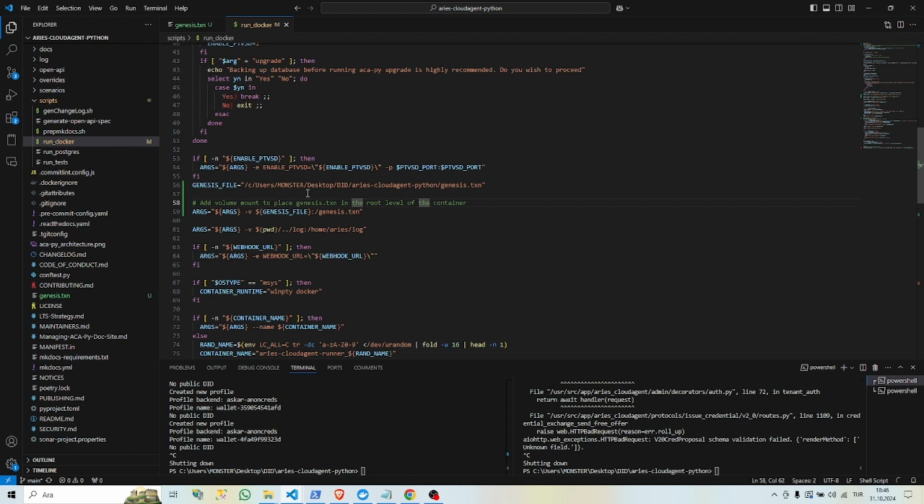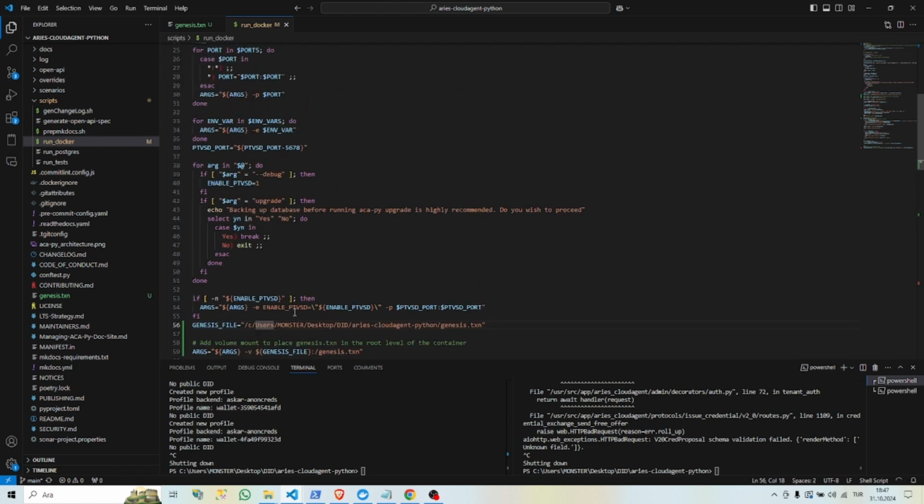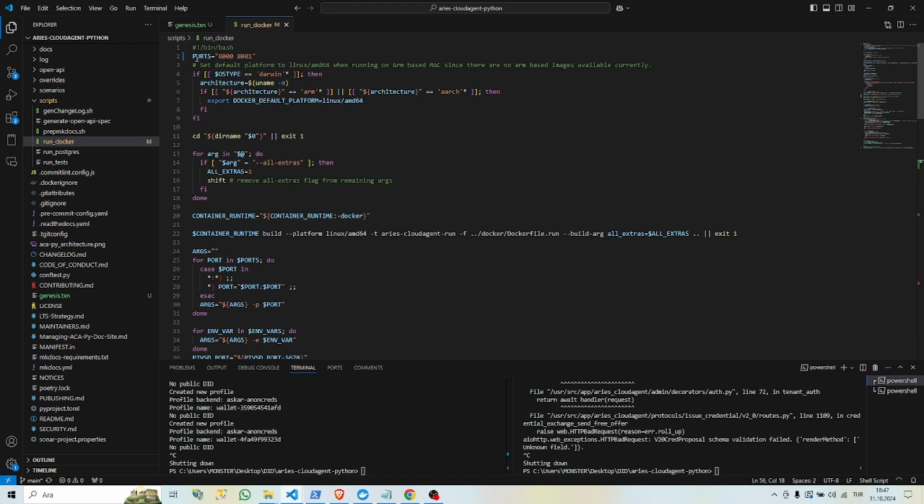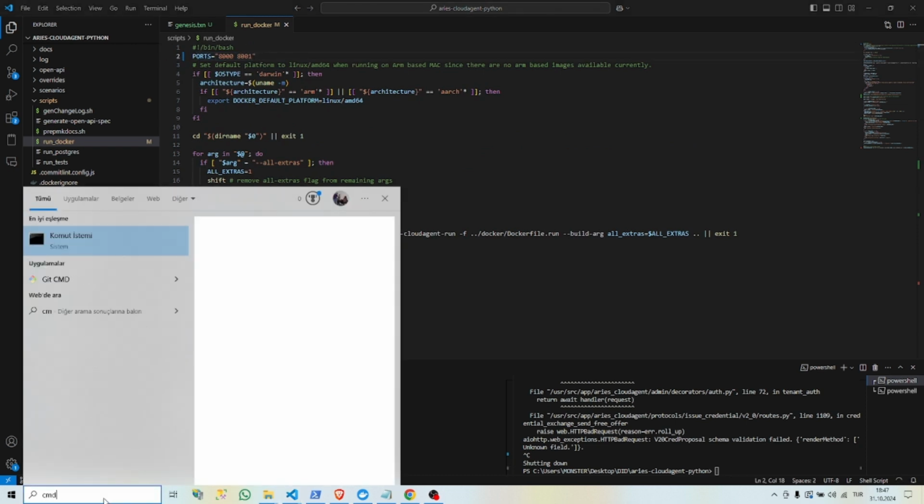Like this is where my Genesis file is. So wherever your Genesis file is, you just put the path to it. I don't know why it's /c, but it works, so it probably accepts just something like this because it's weird. And the ports, as I said, you need to set them. So first of all, where do you get the Genesis? So I'm going to open